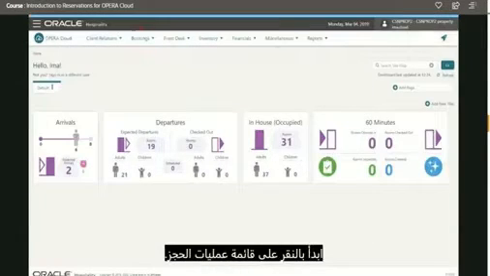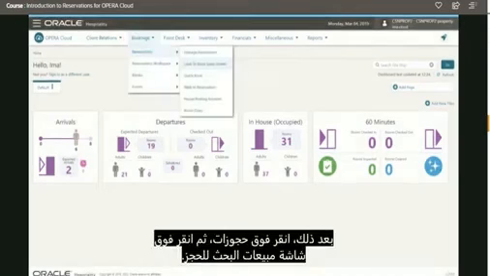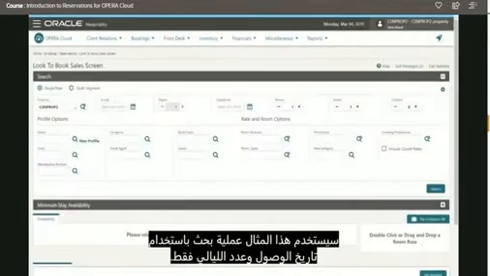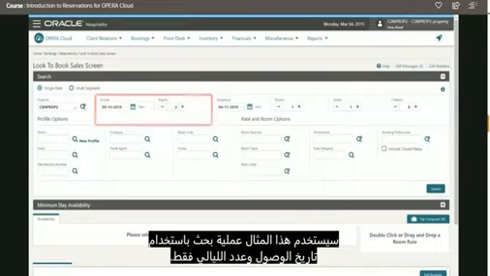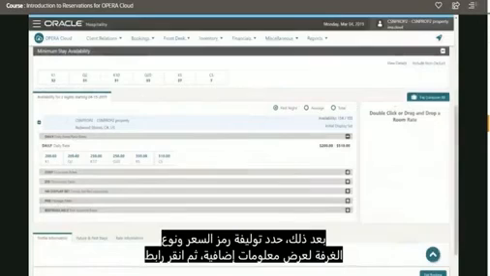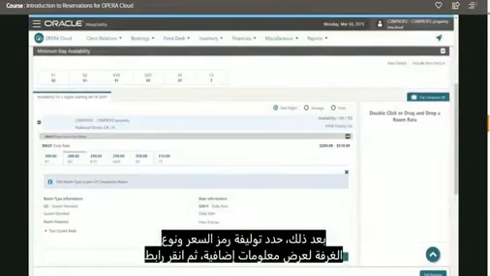Begin by clicking the Bookings menu. Next, click Reservations and then click Look to Book Sales screen. This example will use a search using just the arrival date and the number of nights. Click the Search button. Next, select a rate code and room type combination to view additional information and then click